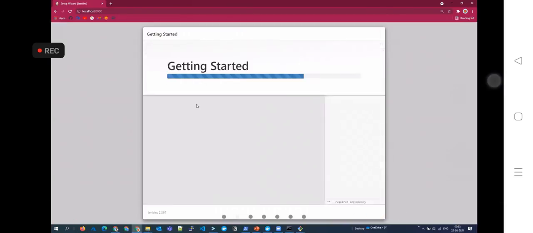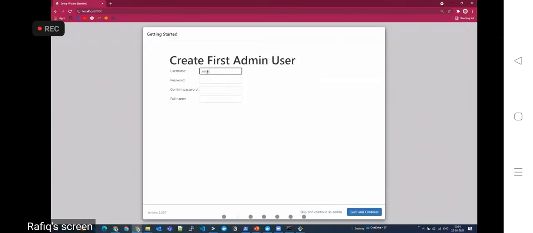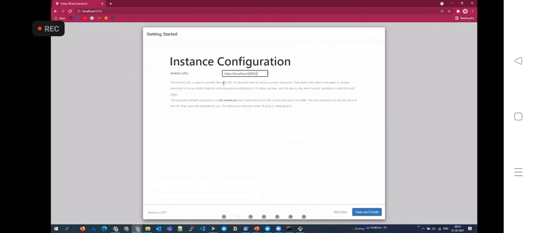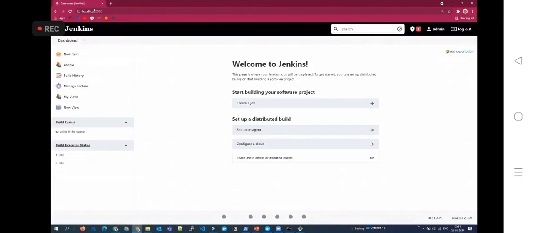I'm just trying to show you. As soon as you enter this one, you will be taken to the first admin username and password. So I'm putting everything as admin. Okay. This anyway we are not going to use. I'm just trying to show you. Start using Jenkins. So in a container it was this straightforward. Okay. So you have this Jenkins running on your local machine. If somebody wants to do some testing on top of it, all you have